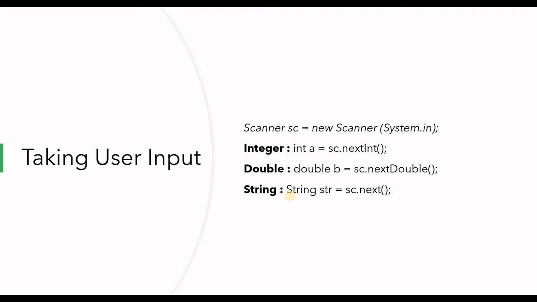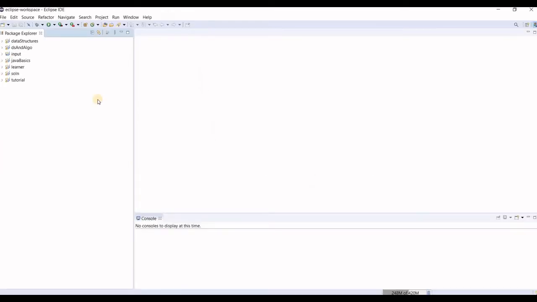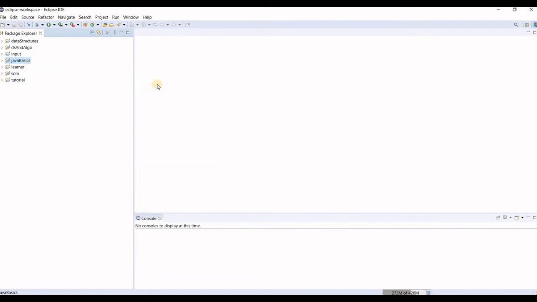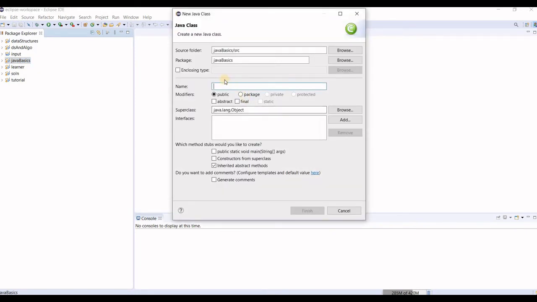Now let's move on to the coding part in the Eclipse IDE. So here we are in the Eclipse IDE, and this is the package JavaBasics we created for this tutorial. Right click on this, go to New, and make a class with the class name, say, Input. Take care to specify the name as unique as possible, because we cannot use reserved words which are already in the language and have their specified meaning.